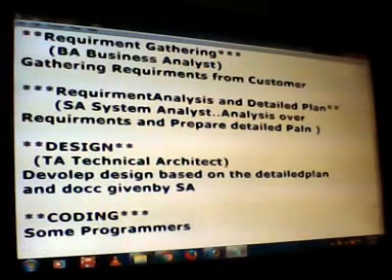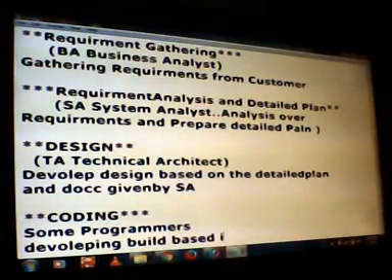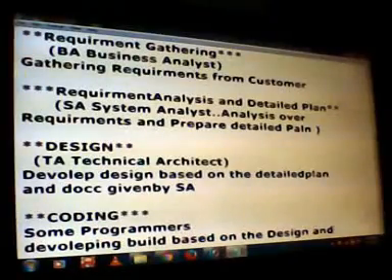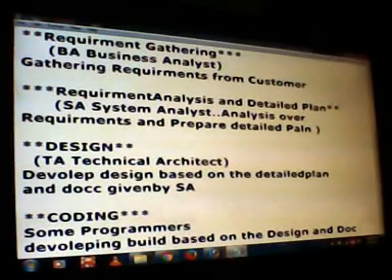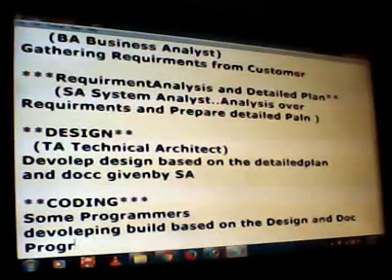The programmers are going to develop the build based on the design and document provided by the technical architect and the system analyst above. Based on the document and the design, these programmers are going to develop a build.